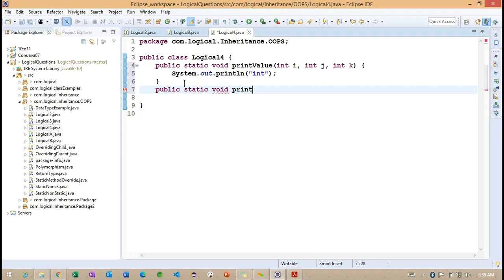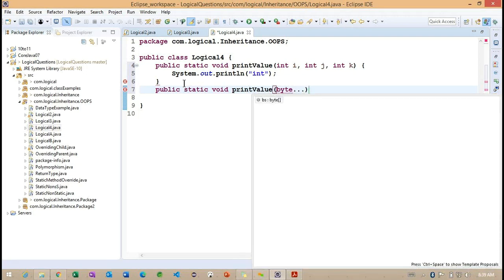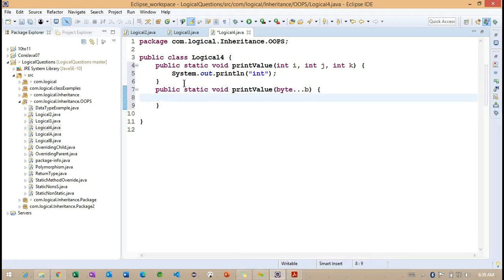I'm trying to write one more method, which is expecting the byte type. Here I want to make it a long.